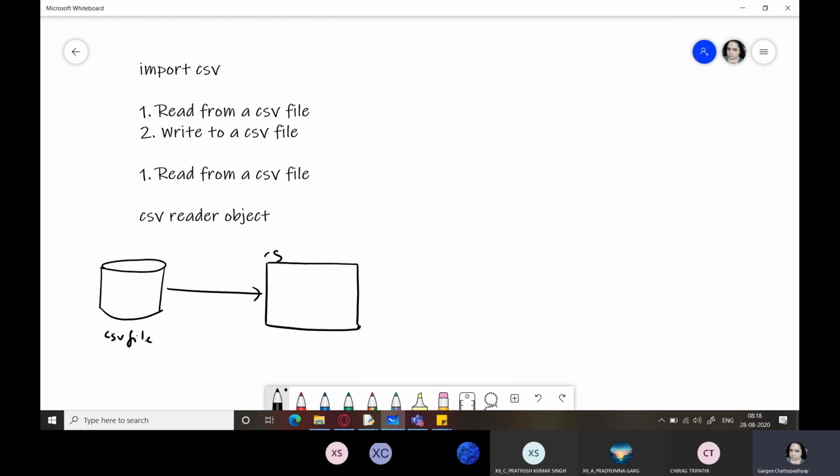So this is a CSV reader object, and this reader object contains everything in the form of a list of lists. And then this will be used by your Python program.